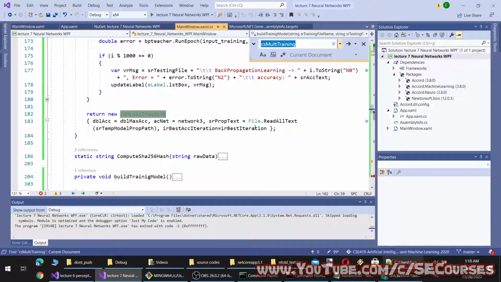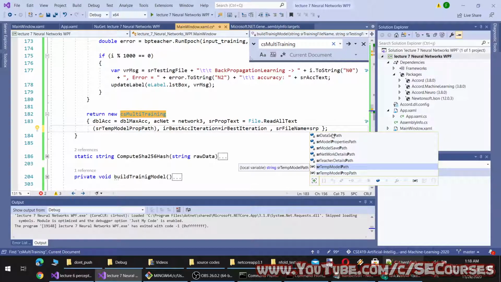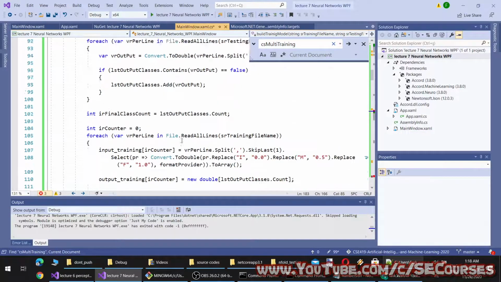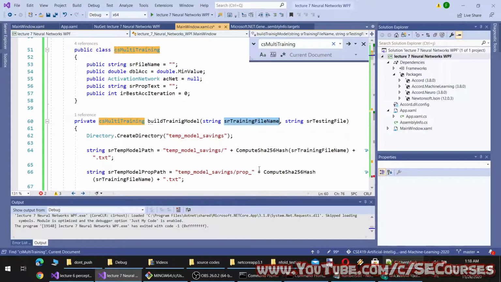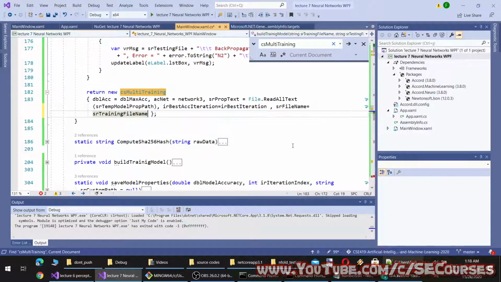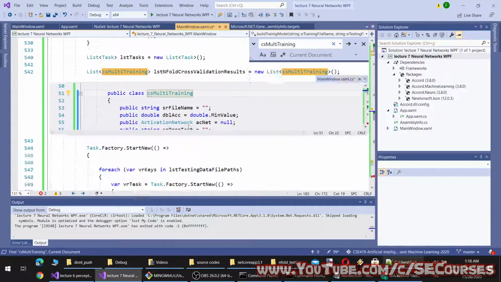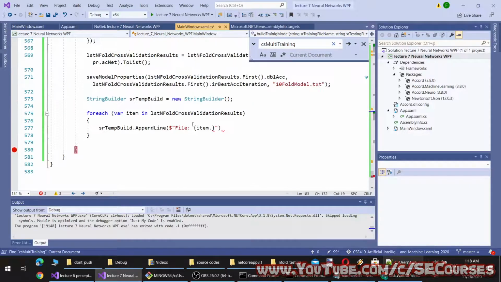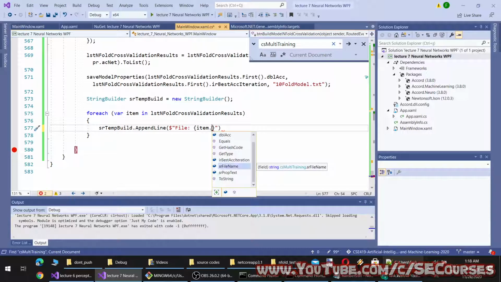And here, the file name will be equal to SR. I think it was here. Now I can use it. You see the program gets bigger and bigger. We should have been using classes and different methods, but I am doing quick programming right now.